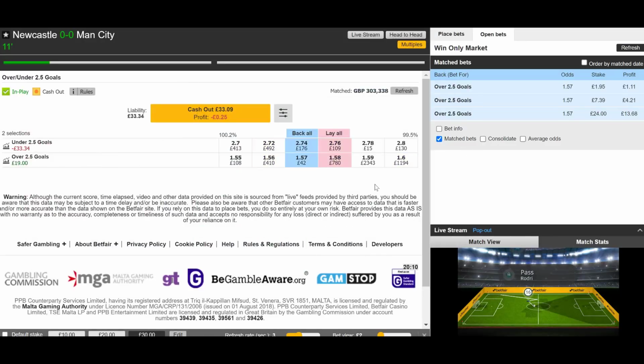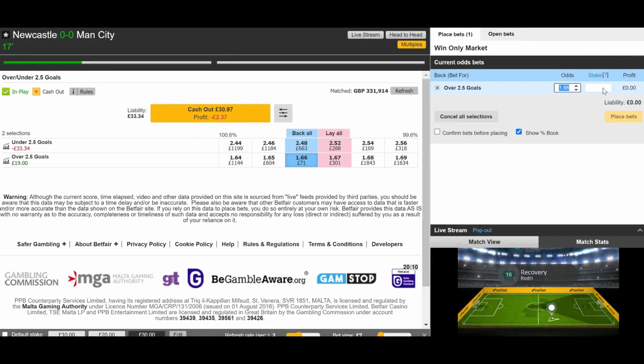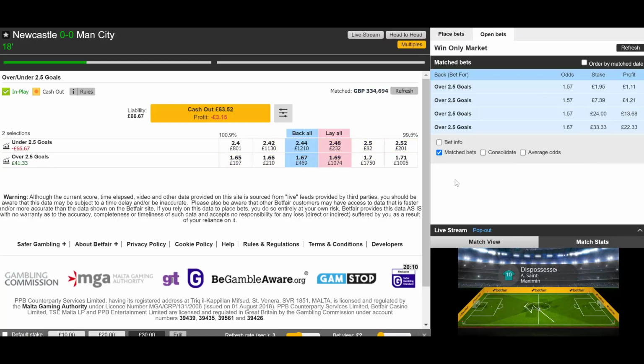So yeah, here we are, 11 minutes. We'll be back in around 5 minutes. So we just crossed the 15th minute, actually in the 17th minute, but it's time to put the next stake into the market. We're going to put it in there at 1.67. You can see the odds are steadily rising and moving in our direction, just giving us more ticks that we can potentially win. So in around 5 minutes, once it gets over 20 minutes, we'll put in the rest of the stake, and then obviously we're just looking for a goal. If a goal goes in the meantime, it's still great, but we want to try and get fully matched before we get that goal in the most ideal scenario.